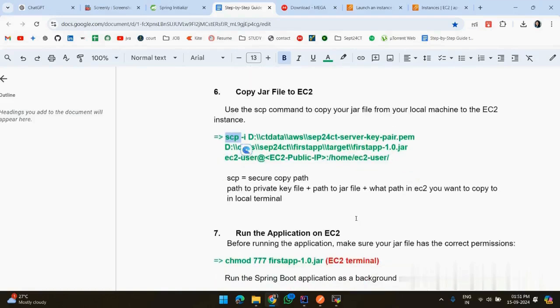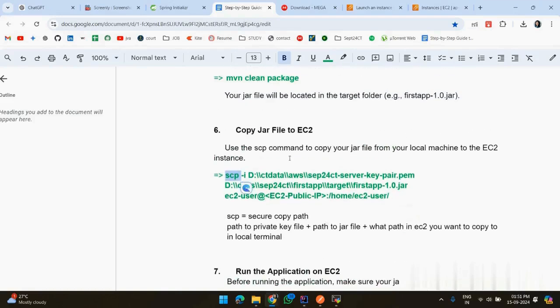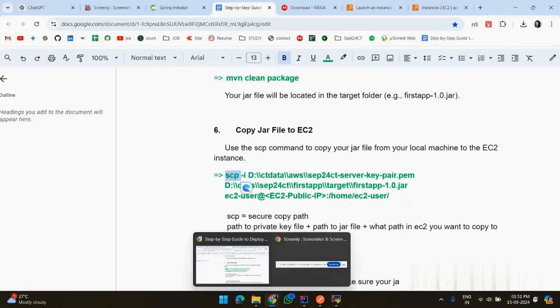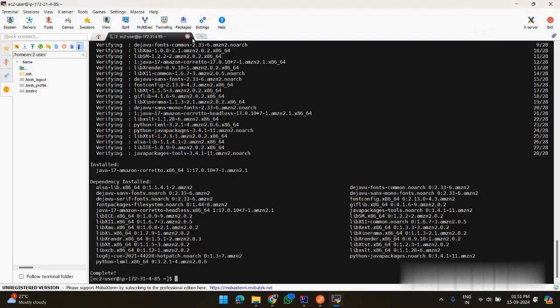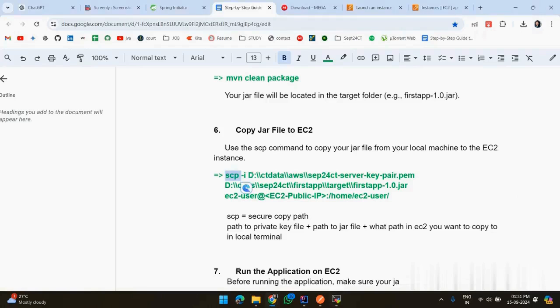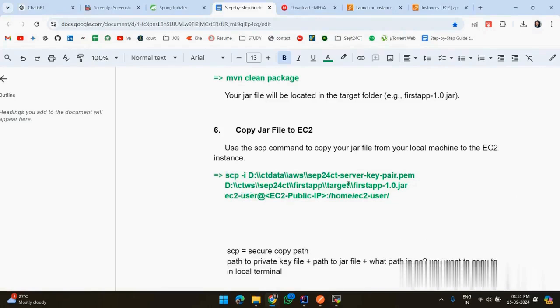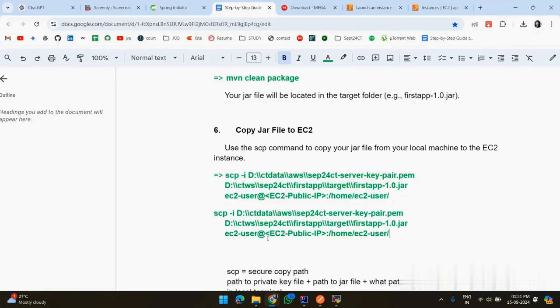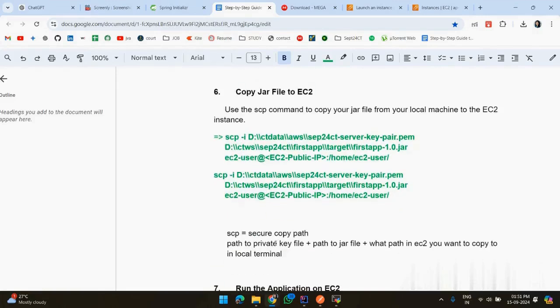So the EC2 user and your public key, you get your public IP from here, and just paste it over here. Copy this whole command and in MobaXterm just